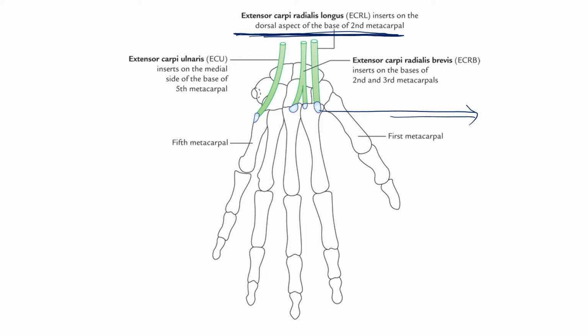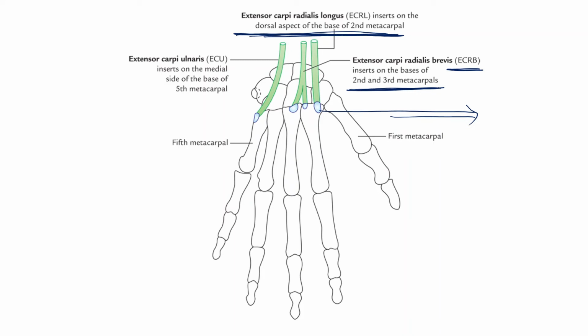So this is about the attachment of the second lateral muscle, extensor carpi radialis longus. Just deep to this longus muscle lies the brevis muscle, that is extensor carpi radialis brevis, which takes origin from the common extensor origin, that is the lateral epicondyle, descends down, crosses the wrist joint by passing deep to the extensor retinaculum to get inserted onto the base of the second and third metacarpals on its dorsal surface. So this is about the radialis brevis.